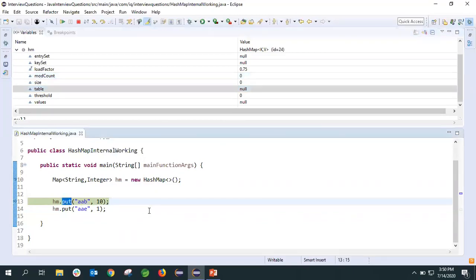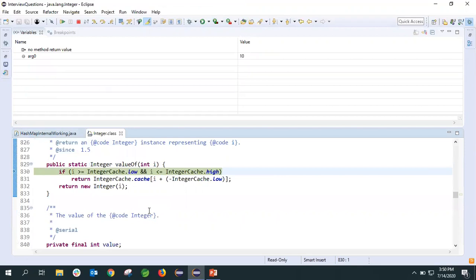So what will happen if we use this put method? All the steps we have discussed just now, like creating the hash code, getting the index from that hash code by using the bitwise AND operation, and storing in that. If we press F5, all those methods will be triggered.